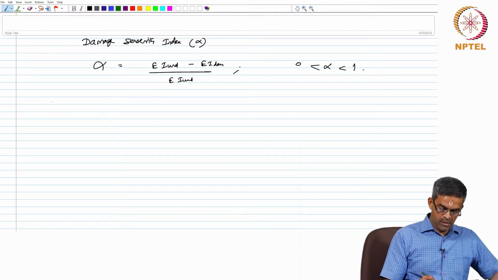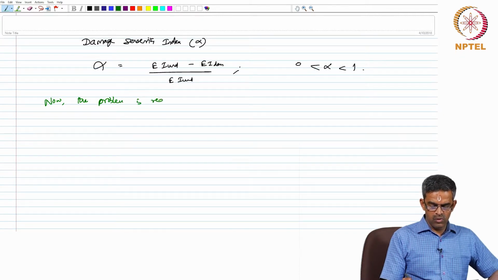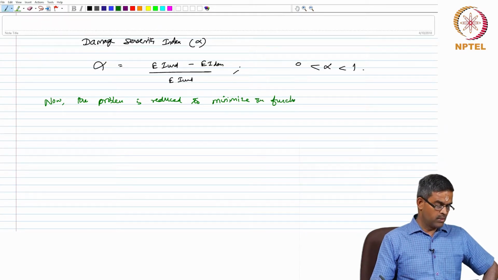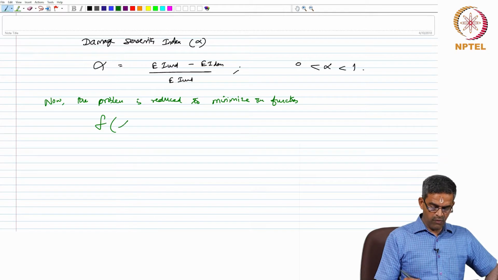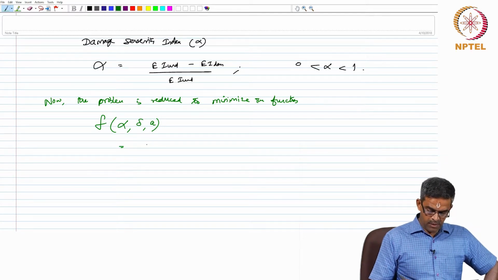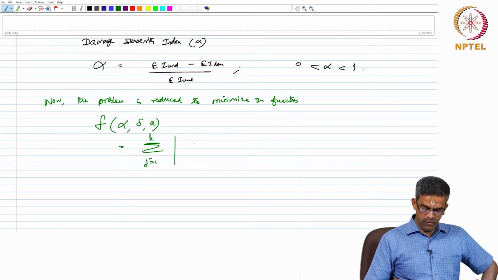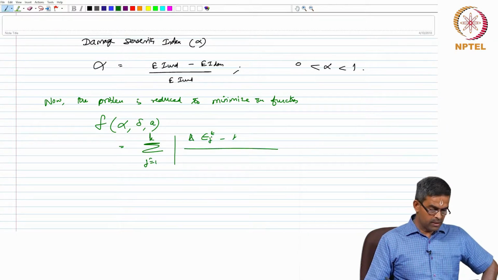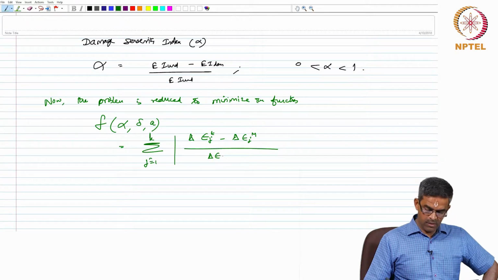Therefore, now the problem is reduced to minimize the function, which is a function of alpha, delta and a, which can be given by the summation of j equals 1 to k, mod value of delta epsilon j t minus delta epsilon j m, divided by delta epsilon j m,